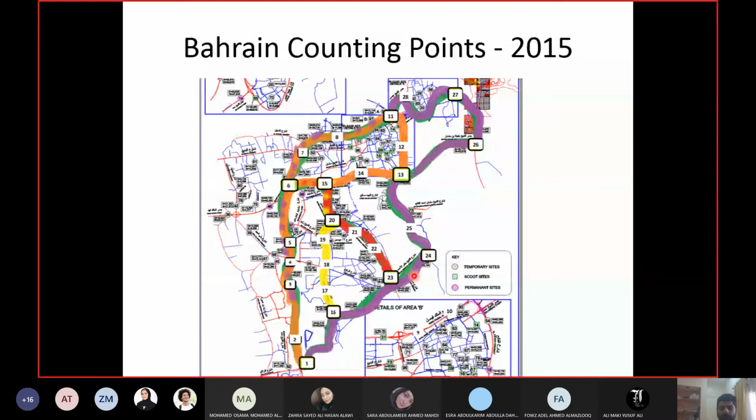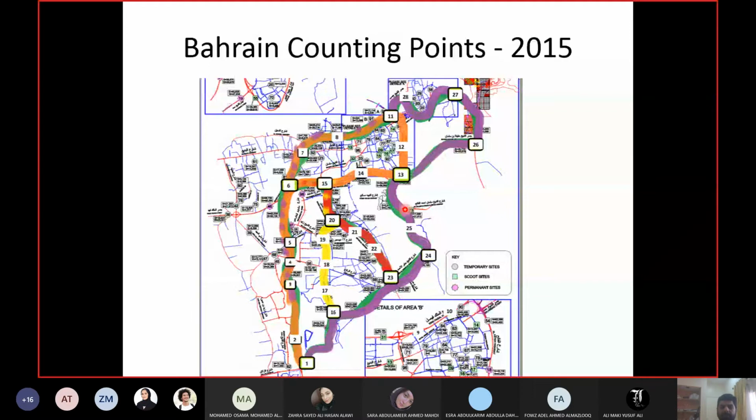A project group of mine took this data in 2015 from the Ministry of Works. Just to give you an idea, you will not use it. The major arterials have so many control count locations.